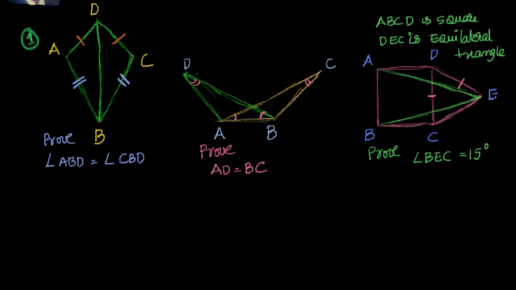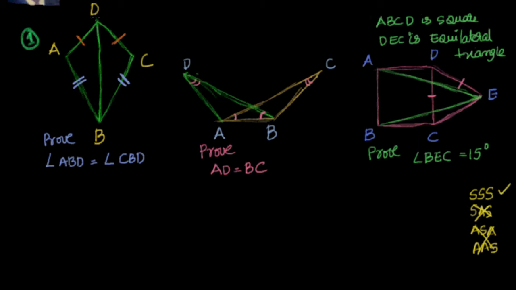I advised you that whenever you see a problem in congruence, first, in rough, note down all the congruence rules you have. I have SSS, I have SAS, I have ASA, I have AAS, and this is not a right angle triangle, I hope, so I will not put down RHS. Now see here what information is given. Already two sides are given, so I will strike down these two. I have only these two. But is there any angle information given? No, so I should be able to prove it only with SSS.